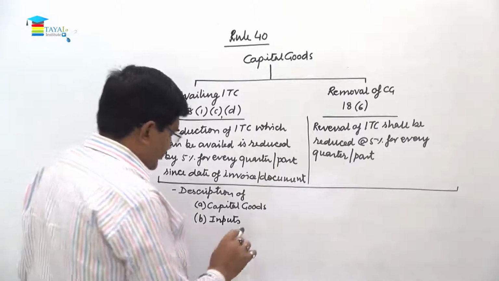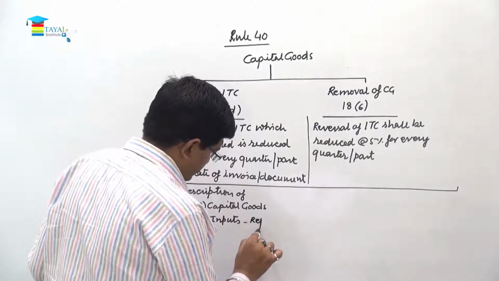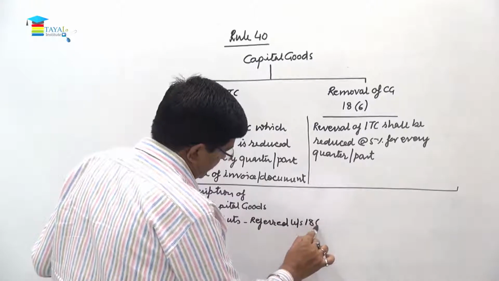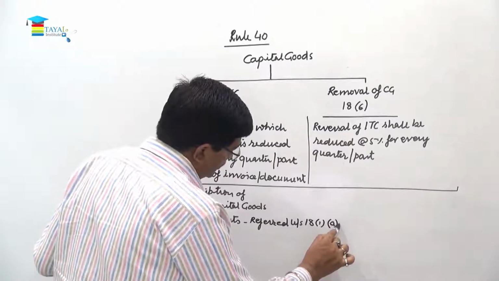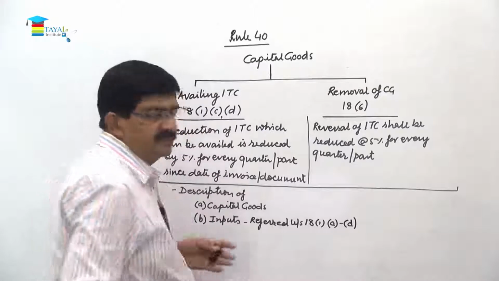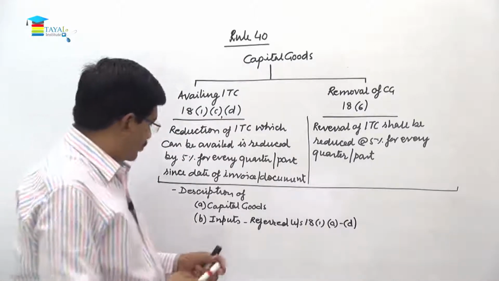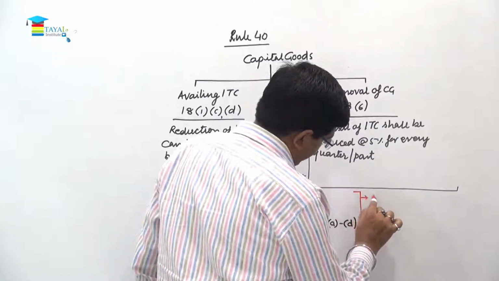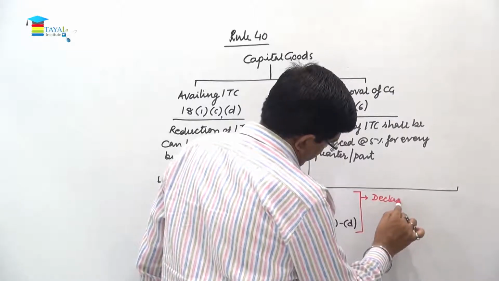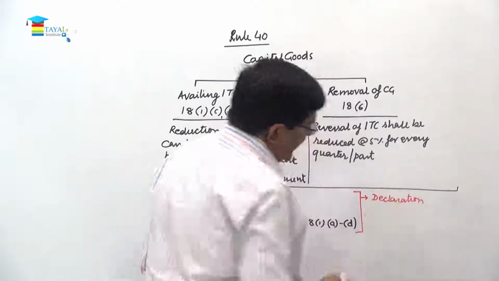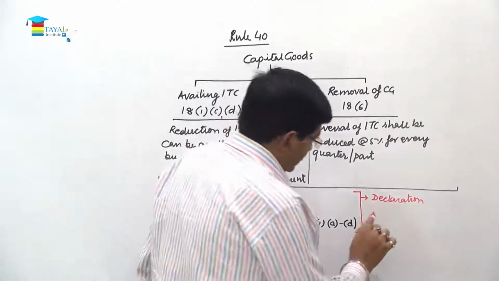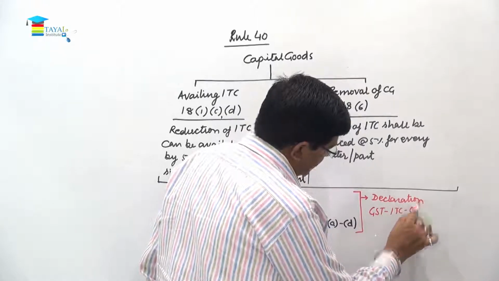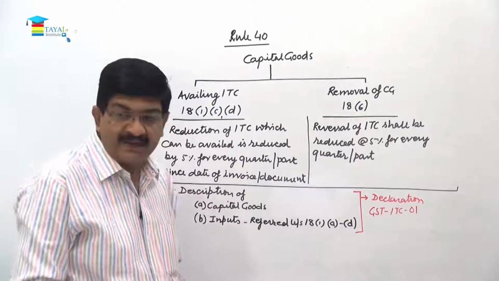Now these inputs are referred to under section 18(1) clause A to clause D. All these are required to be furnished by way of declaration, and this declaration is form number GST ITC 01. When the declaration is to be filed,